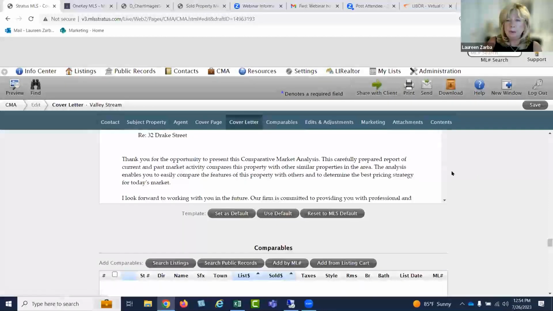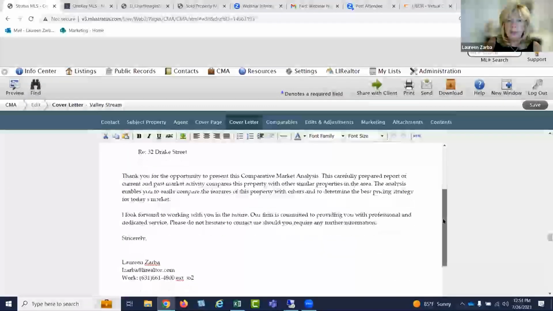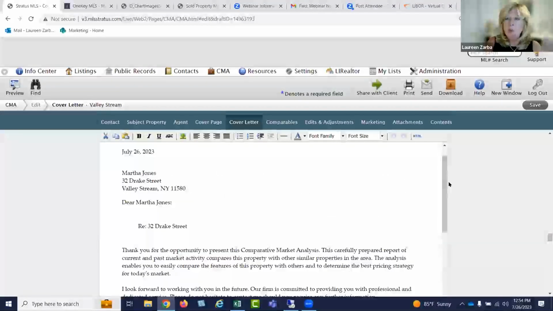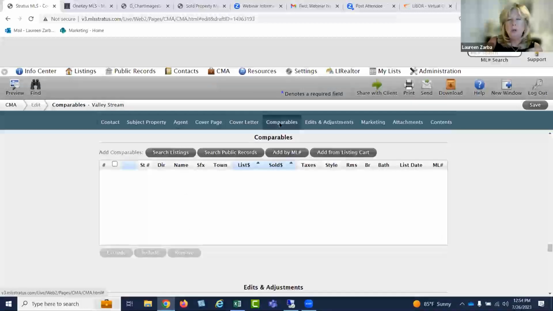Cover letter, we get that automatically. It's like a form letter. You can customize this if you'd like. The most important part is the next part, your comparatives. Now we have all these other buttons here, but you are here to learn how to add it from the listing card. So we did the one search, we scooped them up, the ones that were near the subject property,